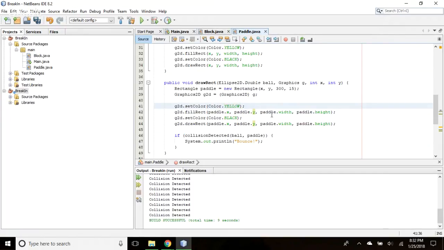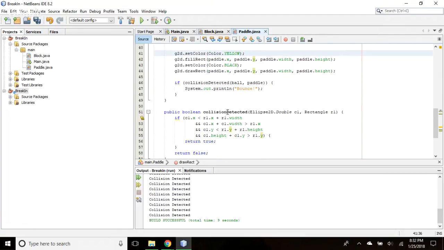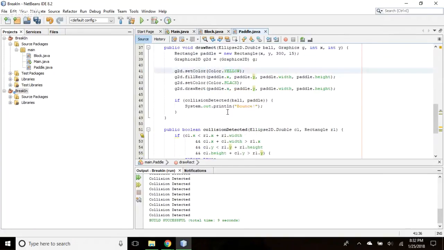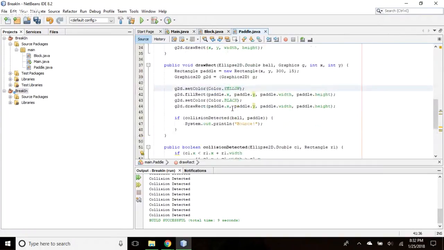Let's see. Then we're going to say there's the X. Okay, so this is paddle. Oh, you're going to send it a paddle object, which is going to be a rectangle. Wait a second. Go up a second. So it's a rectangle defined here. Well, here's the problem.